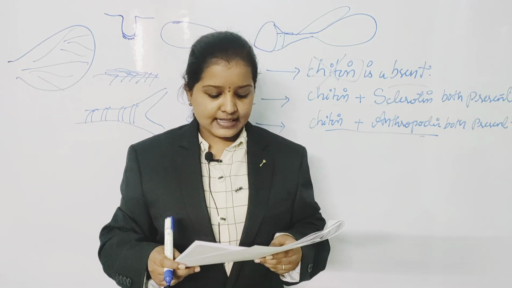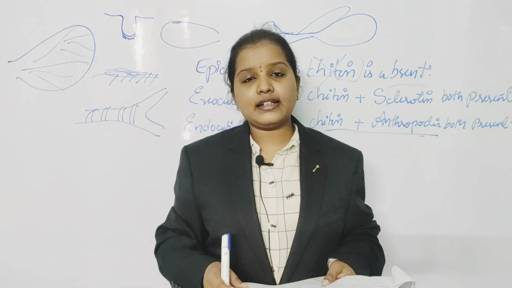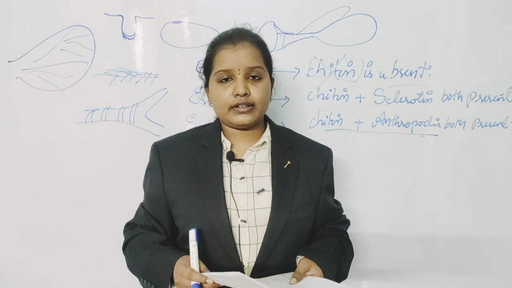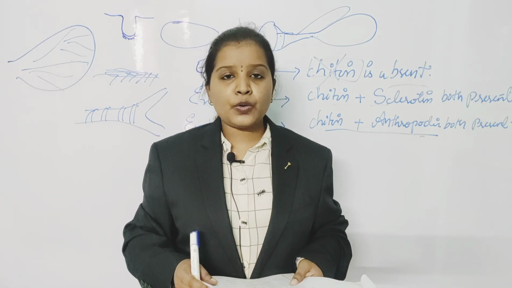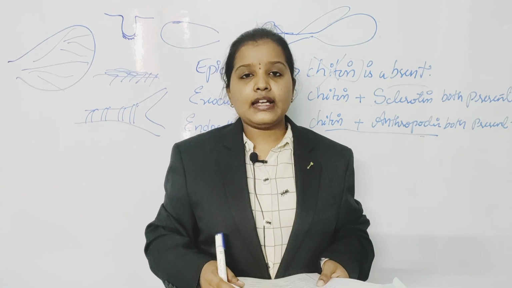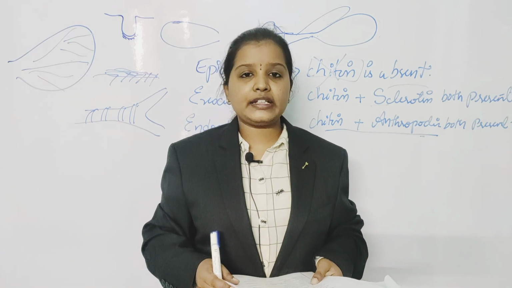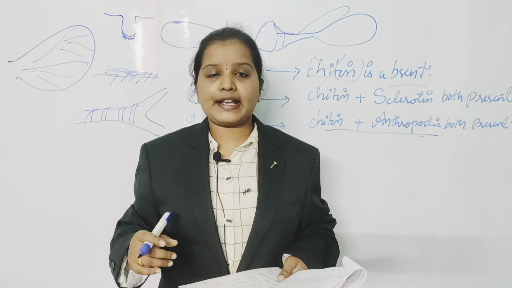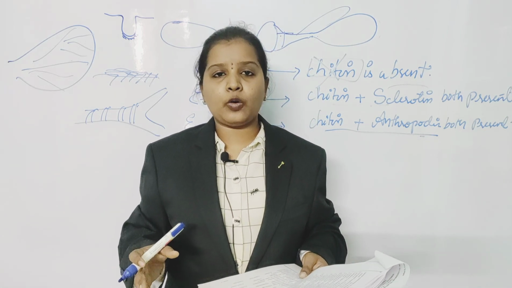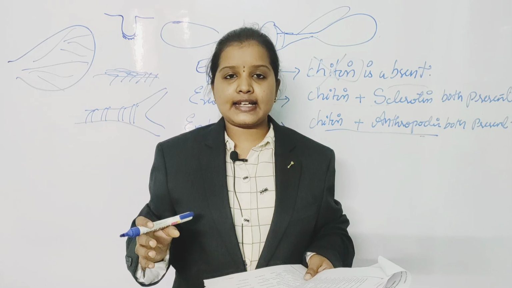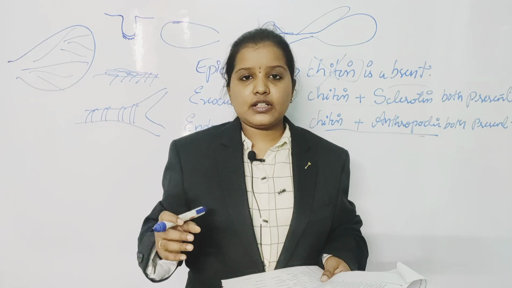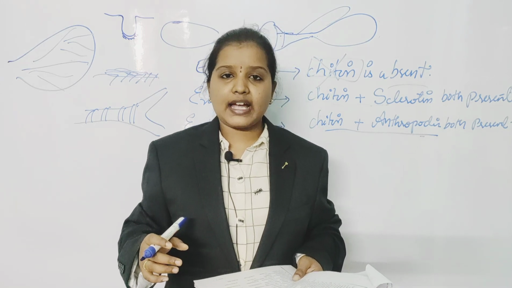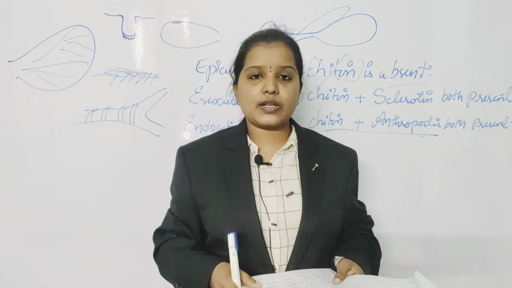Physogastric condition is seen in... Physogastric condition generally we see in case of queen termite. In order to store the eggs inside the body, it contains many ovaries. So the body or abdomen of the insect needs to expand to accommodate all the ovaries and eggs inside the body of the termite. That's why the abdomen will be enlarged into a physogastric condition. So we see this in case of Isoptera.